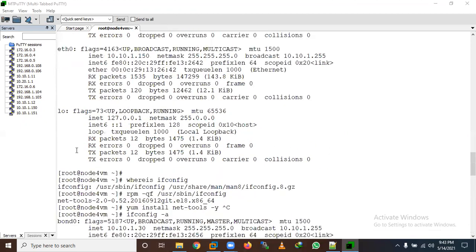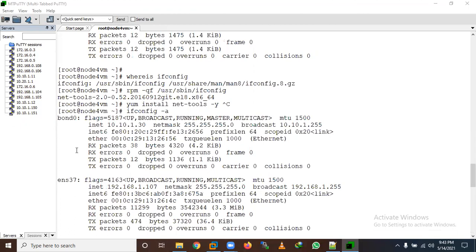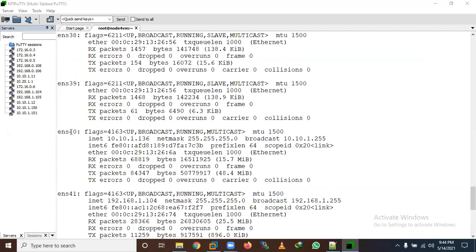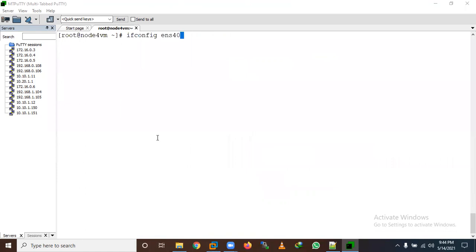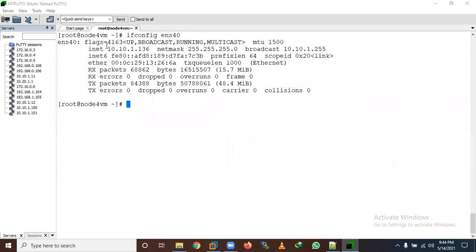In RHEL 7 or CentOS 7 onwards, the names start with ens, while earlier versions, like RHEL 5, 6 or CentOS 5, 6, use eth0, eth1. Now it is ens37, 38, 40. If you want to see only one, you can use ifconfig ens40. Right now this IP is assigned through DHCP.